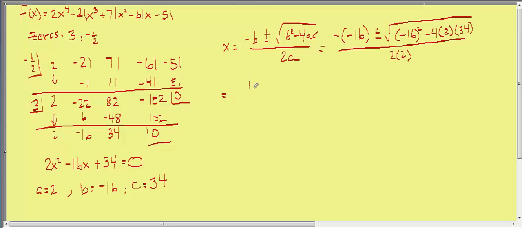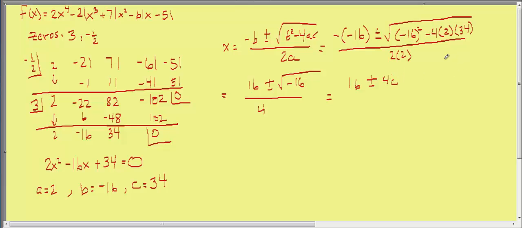All right, so I'm going to get 16 plus or minus, and under this radical, in this example, you get negative 16. If you had reduced this, you would get a smaller number than that, and this will be over 4. The 4 would be a smaller number as well. The 16 would be smaller. Everything would be smaller, but we can still figure it out. This would be 16 plus or minus. Now, the square root of negative 16 is